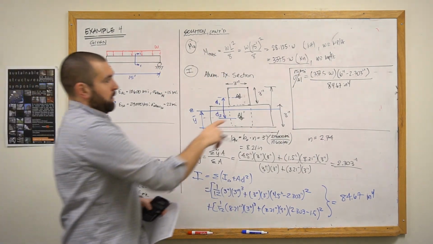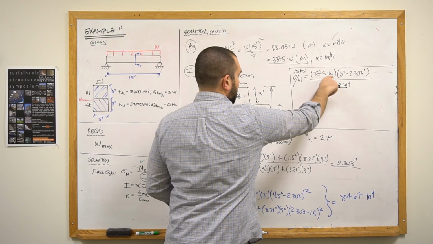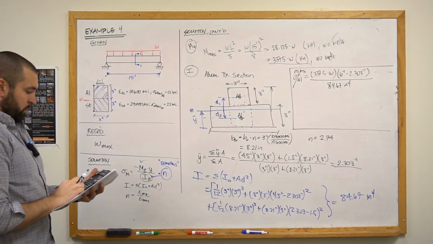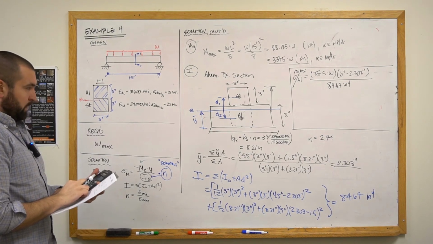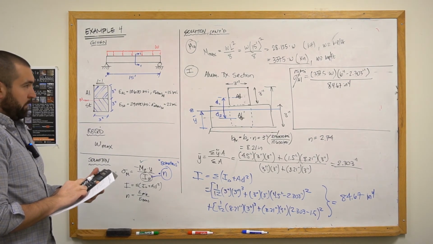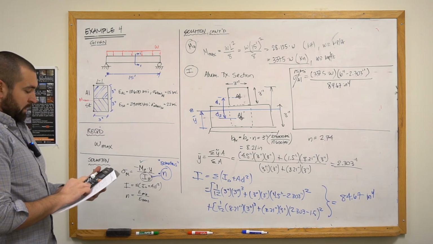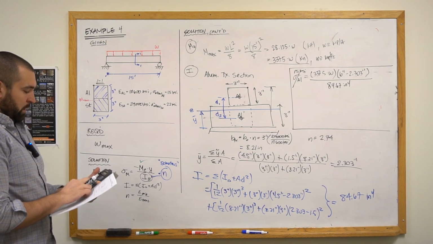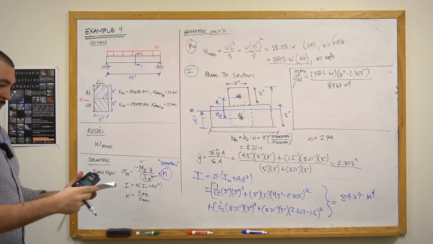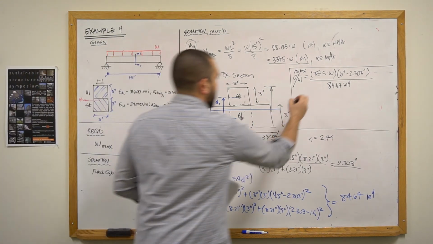So with a little bit of rearranging here, I should be able to calculate what W is equal to. So 15 times 84.67 divided by 337.5 divided by 6 minus 2.303. And I should get a W max